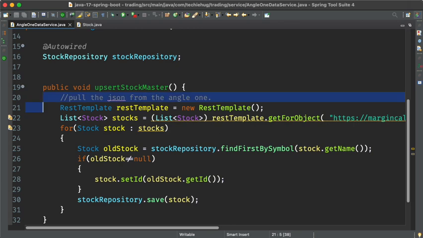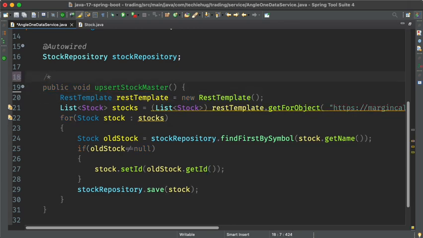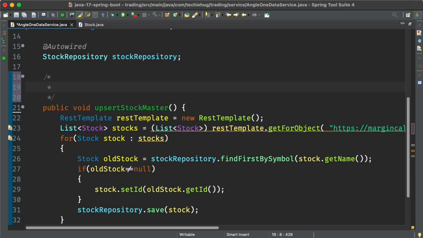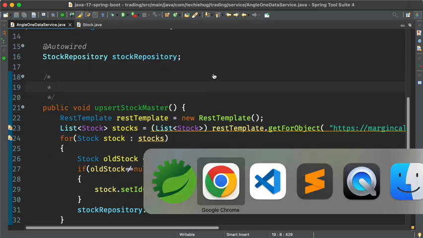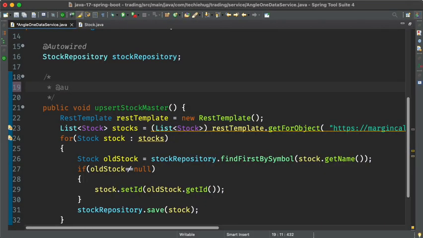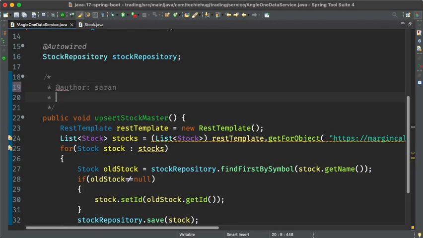So above here, let's type the basic documentation, which is very important. Let's say author Saran, URL, that's fine. Let's say date or description. Let's assume this method will